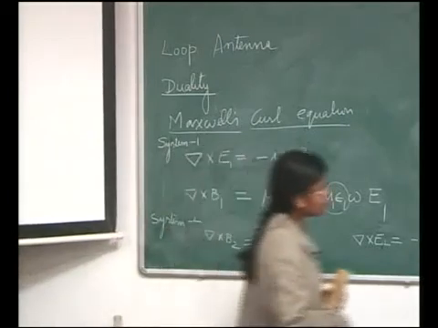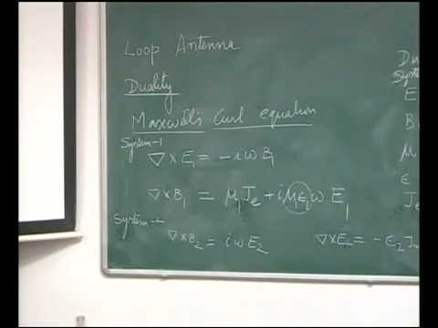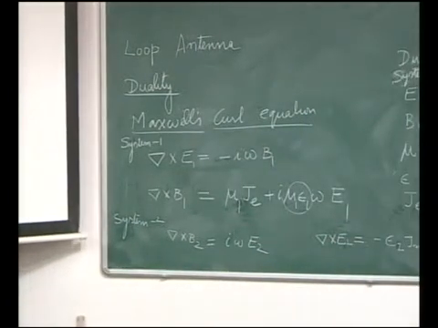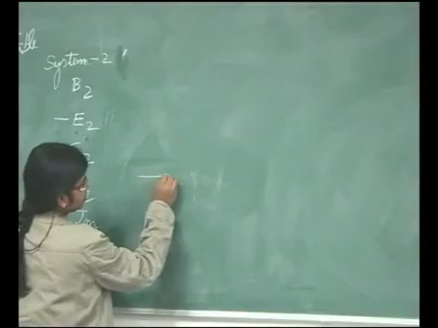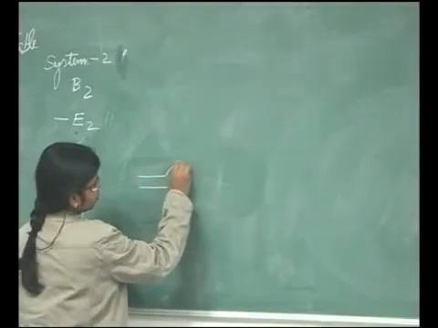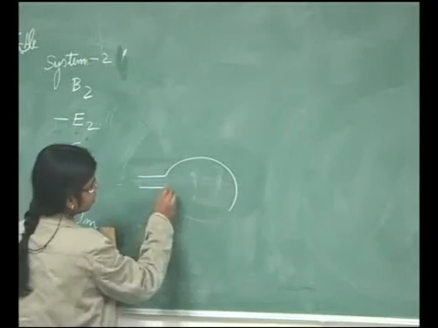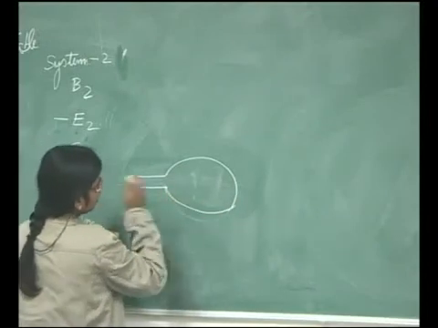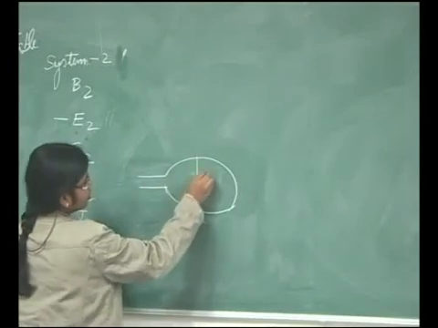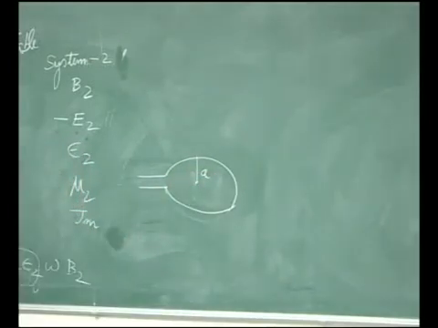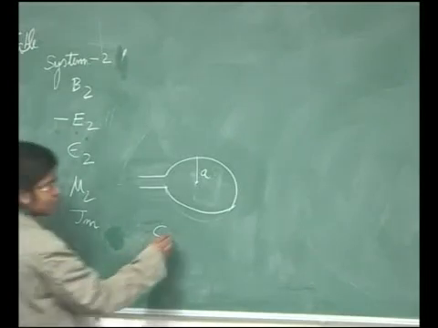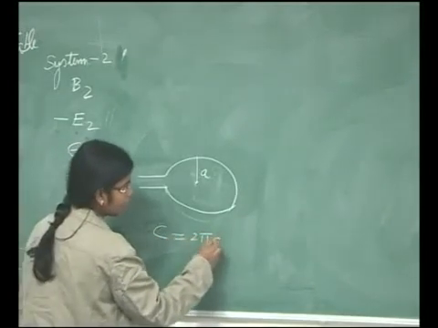So, if I have a loop which is like this, it is a circular loop of say radius A, and if I say that the circumference of the loop is C, then C is equal to 2 pi A,